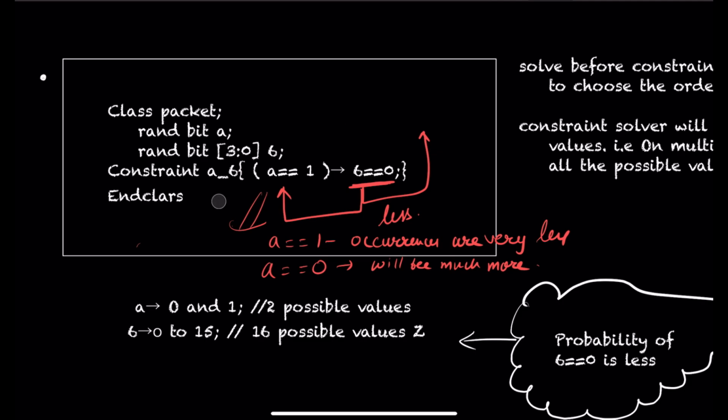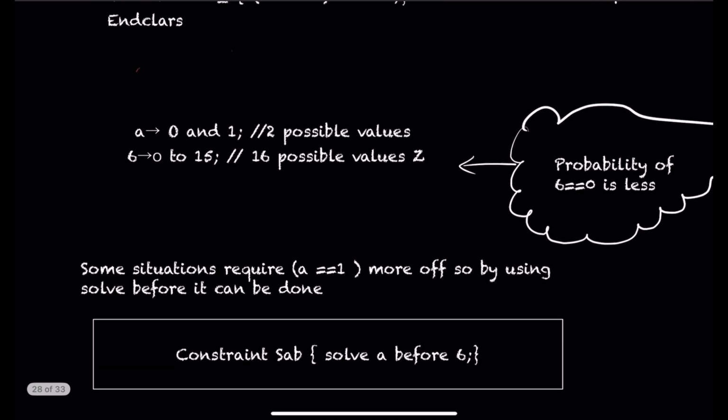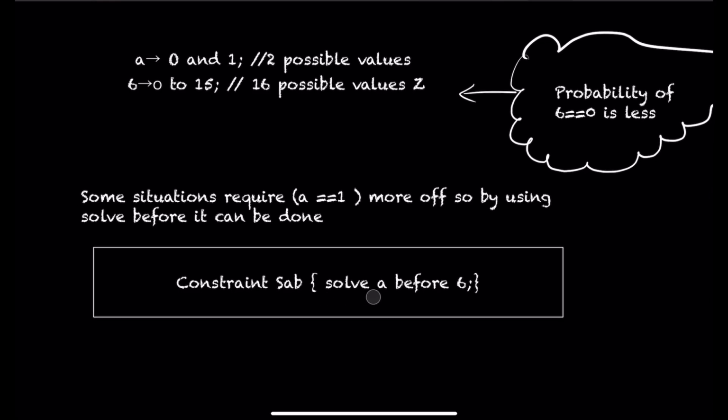We'll set a constraint like solve A before B. We'll randomize A first. If we write solve A before B in this manner, we write a constraint solver: solve A before B. So this will randomize A first and then it will randomize B